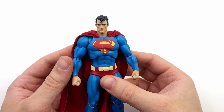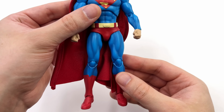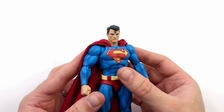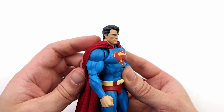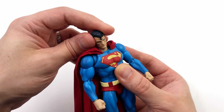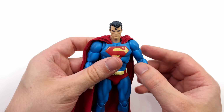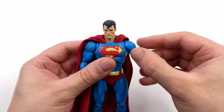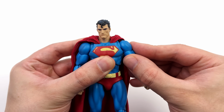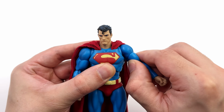Going over articulation, do bear in mind this is my personal copy of the figure, so I'm going to be a little bit more careful. Starting off with the head sculpt, it is articulated independently to the neck, looking forward and back, swivel and pivot side to side. The arms will go up to there. They will go forward and back, butterfly joint at the shoulder that also hinges up and down,